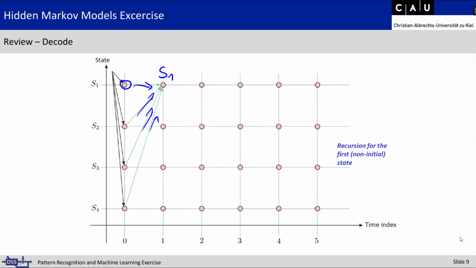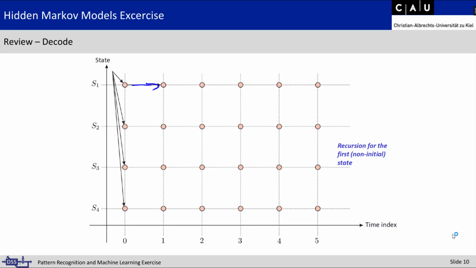So we look at the whole way to this new state, and from all of these four possible ways, we choose the one with the highest probability. In our example, maybe the first one. So to get to the first state, only the first